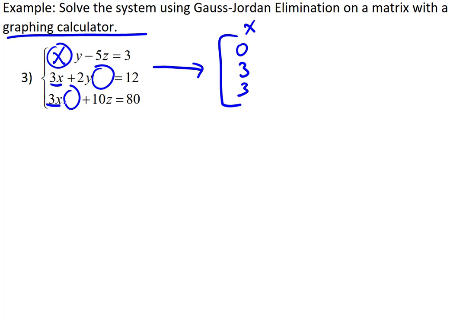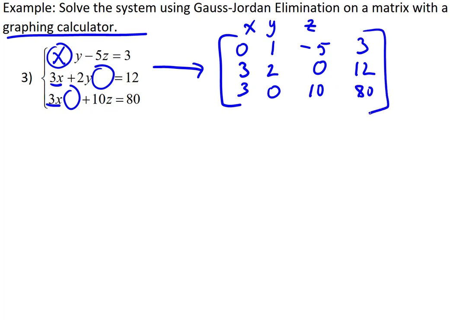Now it's more typical in a matrix to go across each row first, so I'm going to continue that way. In the first row, I already put the 0 in the first spot, then it would be a 1, and then a negative 5, and then a 3 if we go across each of those. Remember, the second column is going to be our y coefficients, the third column is going to be our z coefficients, the last column is just the constants on the other side of the equations. Across the second row, we already have a 3 there, then we have a 2, 0, and then a 12. Across the last row, the third row, we have a 3, 0, 10, and then 80. And so there's our augmented matrix that we want to take to the graphing calculator for this